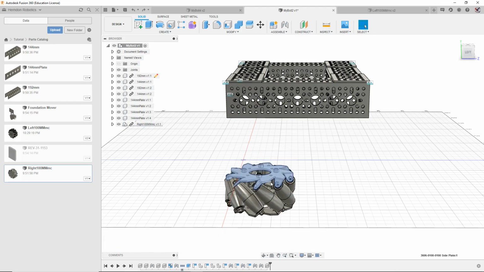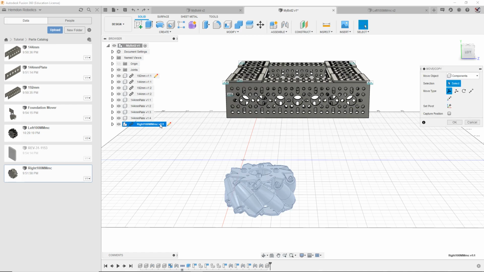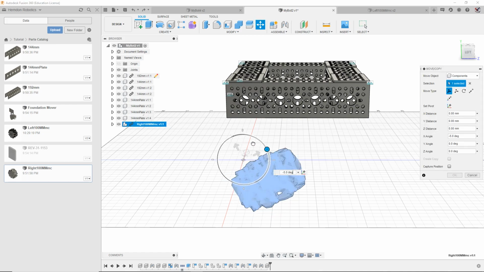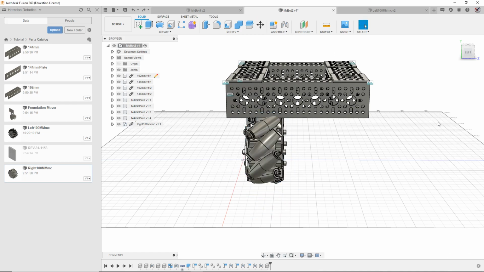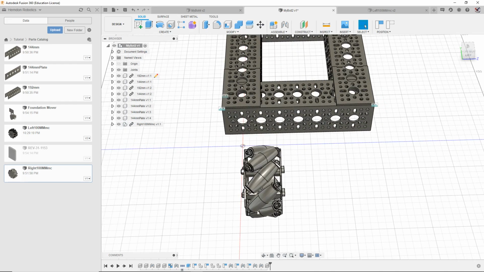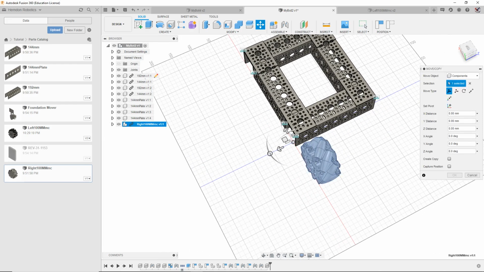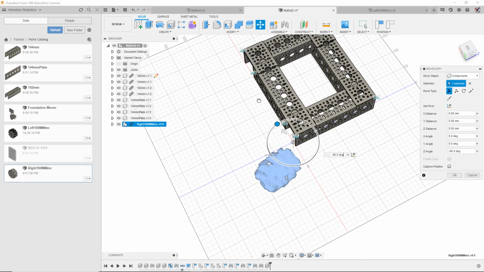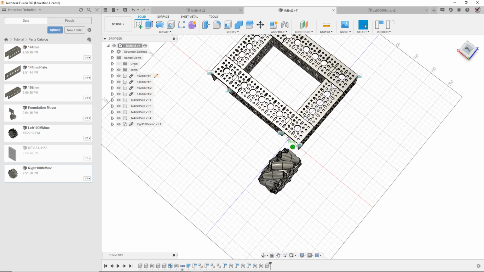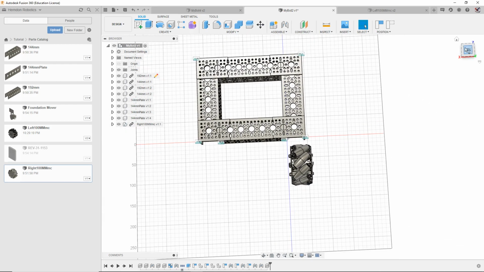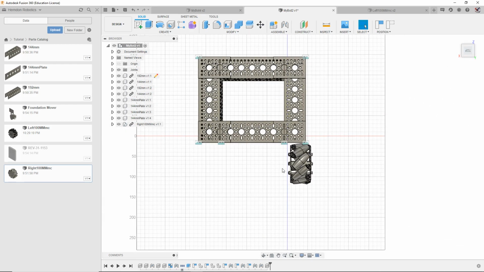Or actually, I'm just going to click on this and hit M to move it, and then we can just move this up 90 degrees. Beautiful. Now, the way Mecanum wheels work as far as I know, I may be completely wrong because I just had to quickly look it up beforehand, is all the little wheels are going to point in towards the center. So if I insert the left one into my drawing as well,